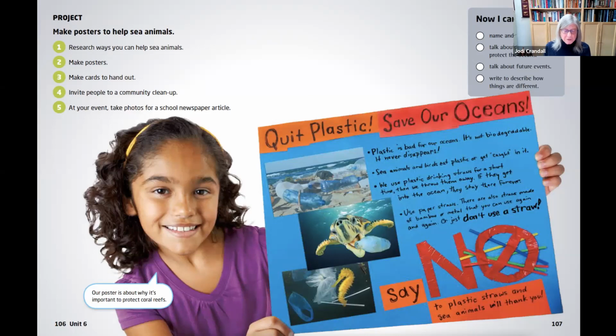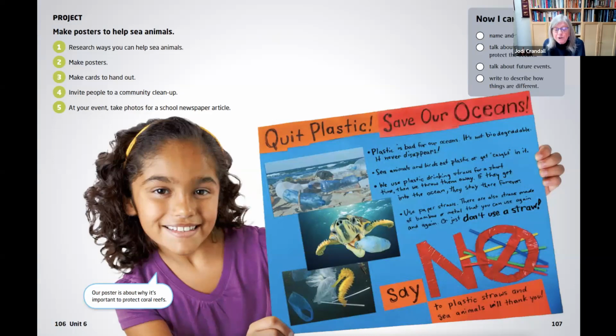And here now is the final project in this unit on the wonders of the sea. And this little girl working with others has done a lot of research to try to figure out what it is that she has learned about the sea, about the oceans, and about the role of plastic pollution. And take a look at what she was able to produce. She has a poster which brings together what she has read and learned in her research. Then she writes what she has learned. She pulls some wonderful photos. And then in the end, we have that wonderful photo of a seahorse who is on some straws.